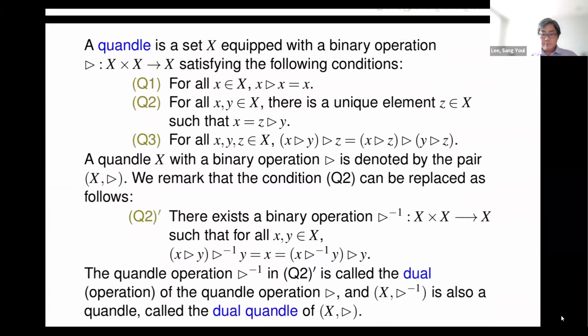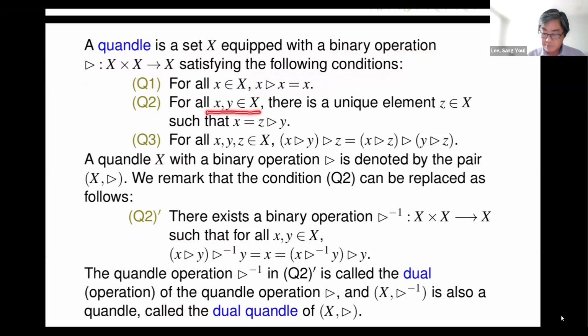Now we move to some algebraic notions. A quandle is a set X equipped with a binary operation, which I call the triangle, satisfying the following conditions. The first condition is the idempotent law, and the second condition,